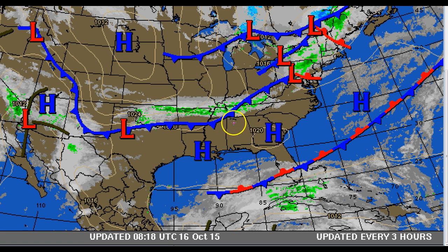So dry air on both sides and lots of upper level shear means that there's not going to be a lot of thunderstorms associated with this cold front. It's going to be mostly in the form of light mixed rain, so we may see some scattered drizzles and maybe some sprinkles here and there, but I don't think we're going to get very much accumulation, especially in South